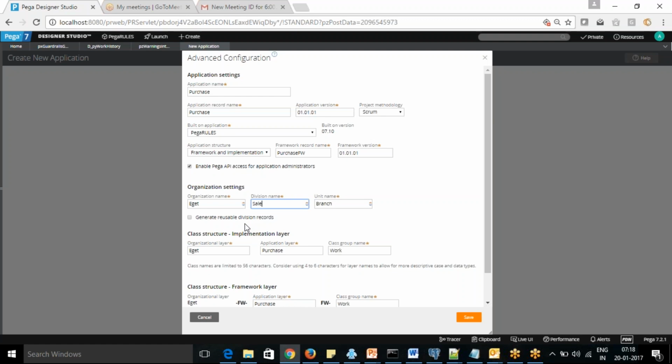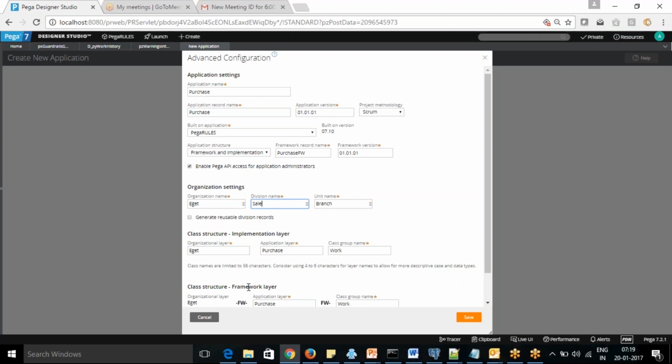See, a layer is nothing but your class. How you are going to define the layers, right? Your layer is nothing but the class. You are not creating another class on that. The framework layer doesn't mean that you are going to create a class for it. So you are creating a class in the framework layer, and this is the class name. Okay, so actually it's not that we are creating classes within that. Within that we are going to create our rules. This is the class only we are creating.